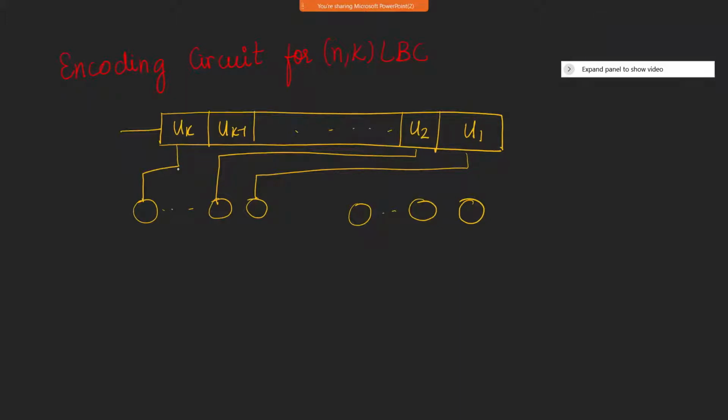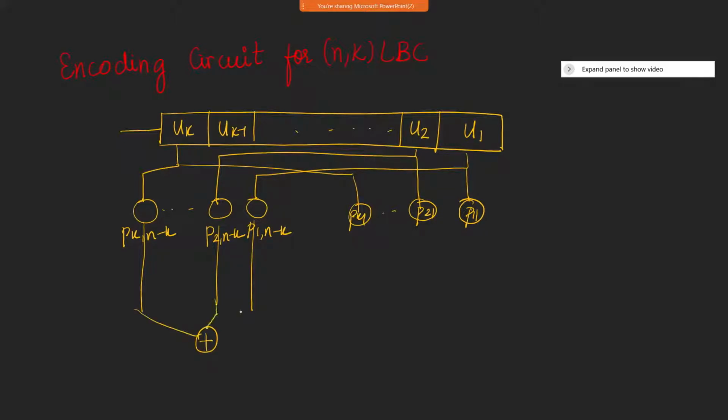This is for the vn, and I am going to do the same connection over here. I am just showing a very typical example, a very generalized case. This is p21 and this is pk1, and this one would be p1,n-k, p2,n-k, and this one would be pk,n-k. After multiplying the respective message bits with the parity bits, these will be added together by making use of a modulo 2 adder,